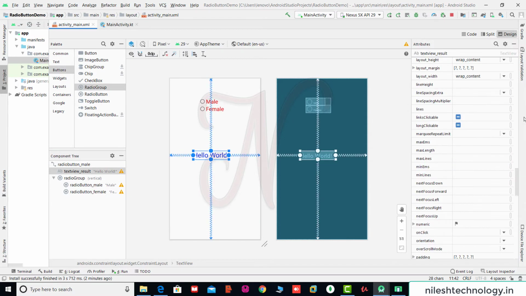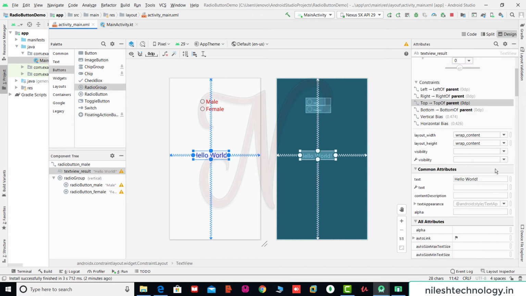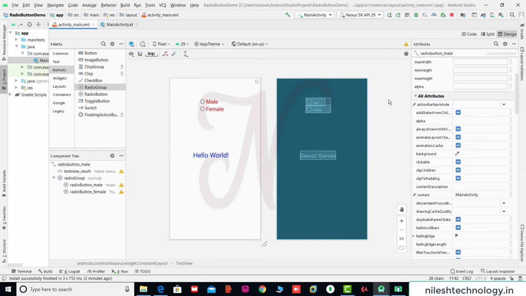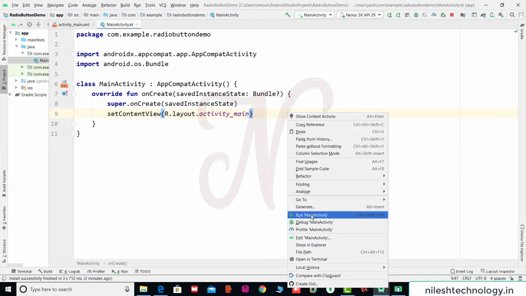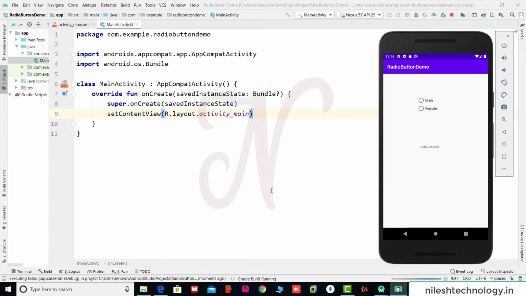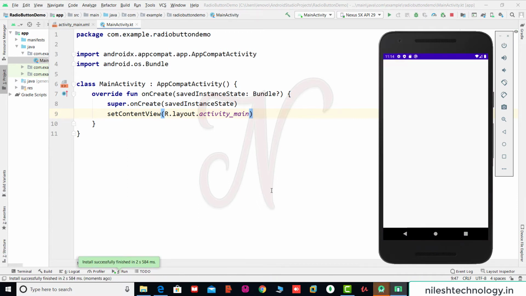Here we change the text, for example, to select gender. Save these changes and run again. See, this is your design layout.